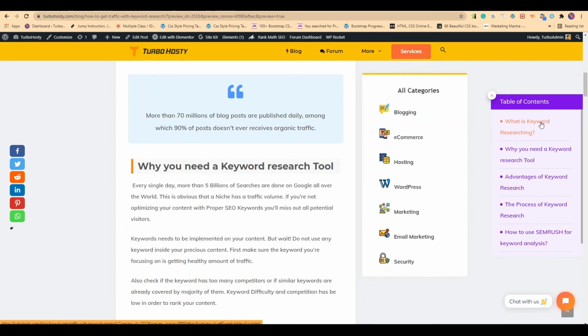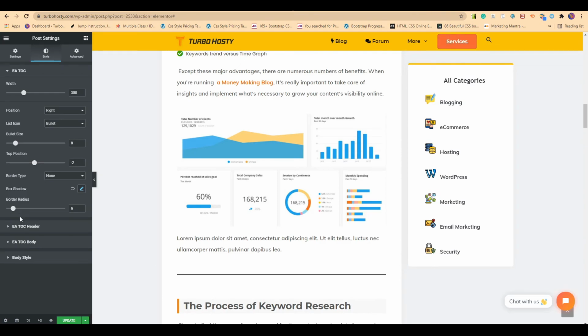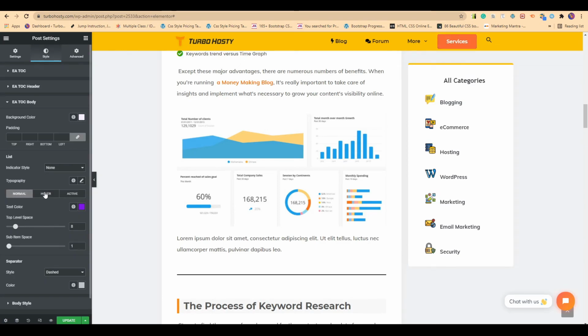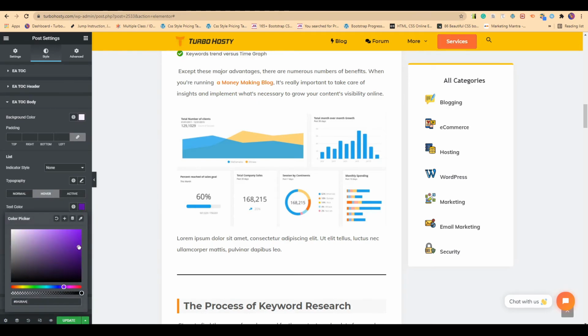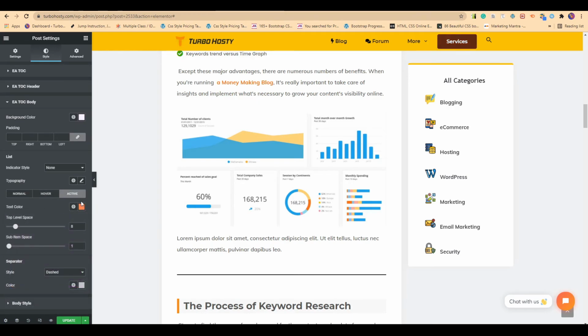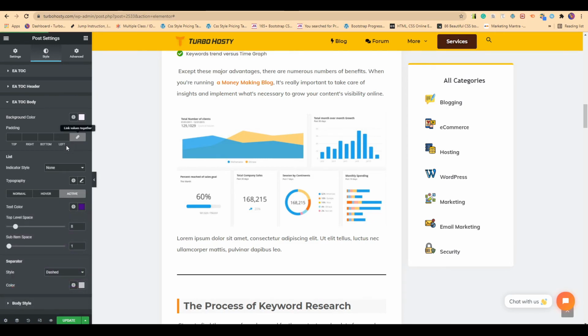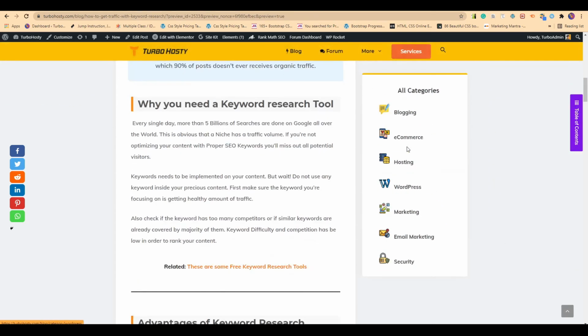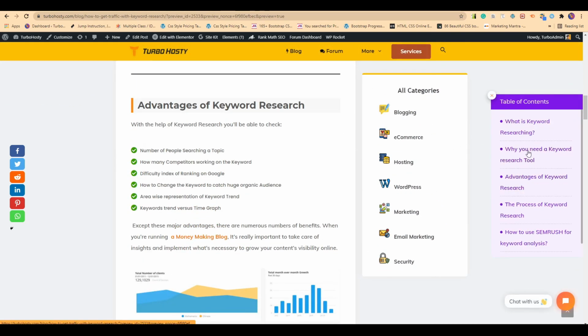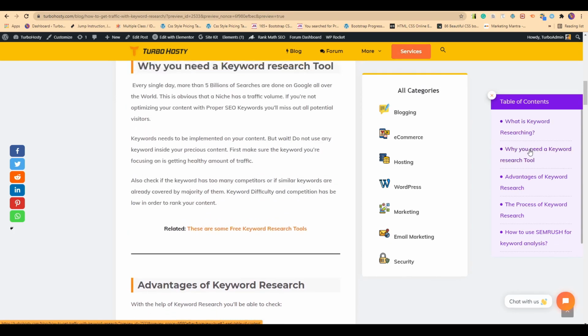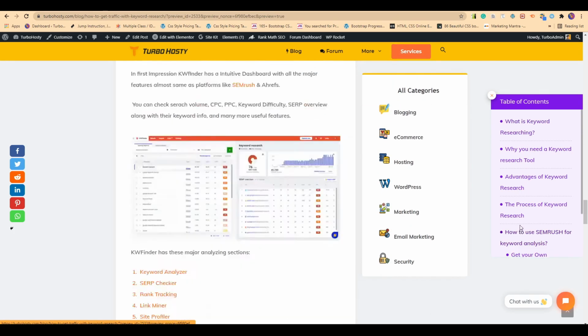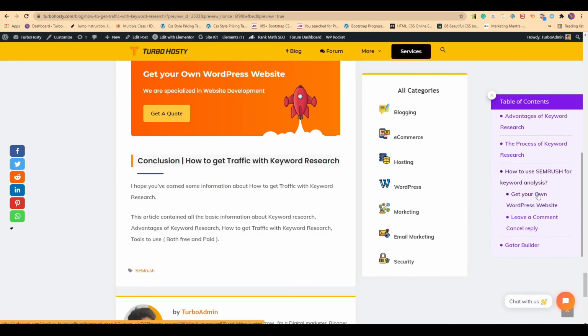I have to change this hover over color. So I have to come to the body and click on, I will copy this color again and click on hover. Then choose a darker color. You can also change this active one like this. If you are aware of Elementor, you can play with it. There are many settings that you can choose. Whenever you hover on something, this color will be visible a little bit darker than purple. By clicking on each of them, we can just reach there. Whenever you are clicking on a subheading, it will redirect you to them.